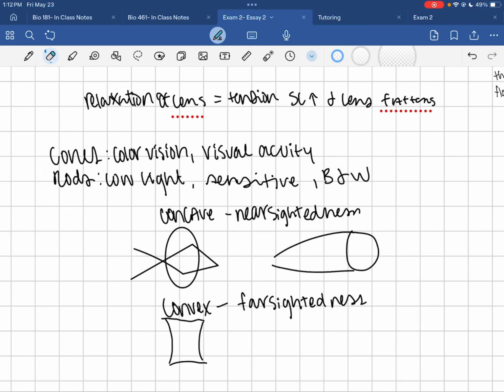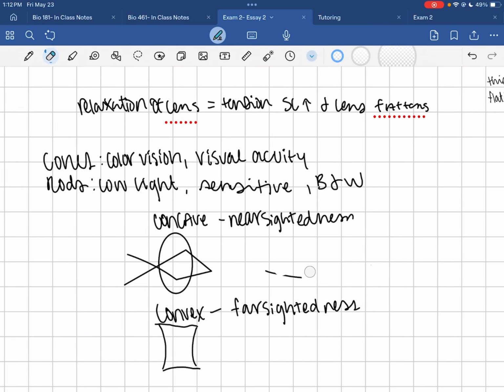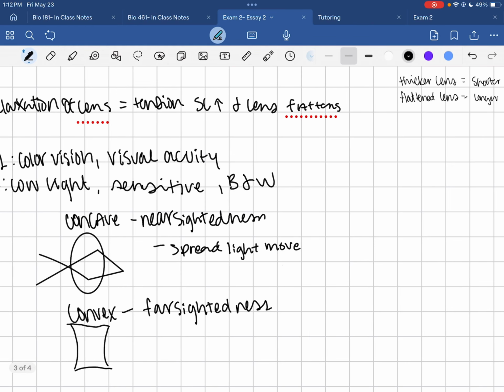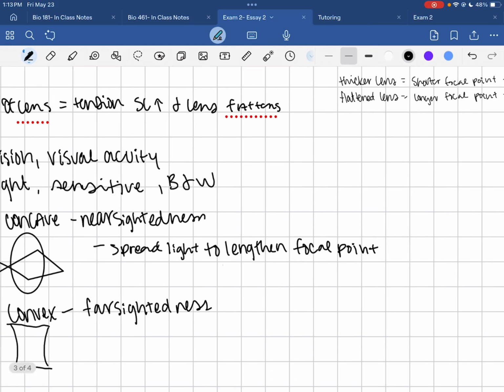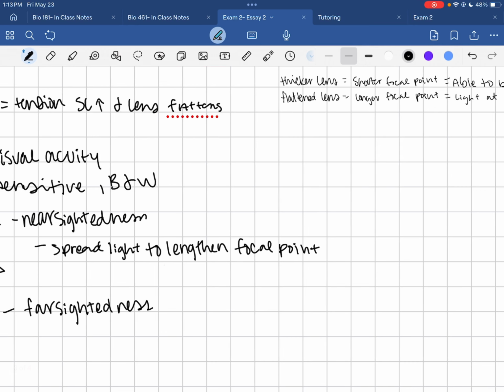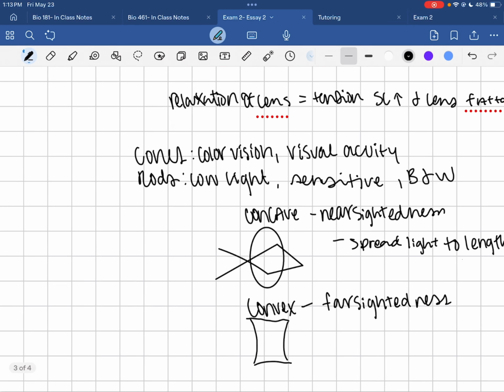okay, so with concave lenses, what they're going to do is help us spread light more, to lengthen the focal point, because it's too short. Normally it's right here, but it's going to help lengthen it to this point